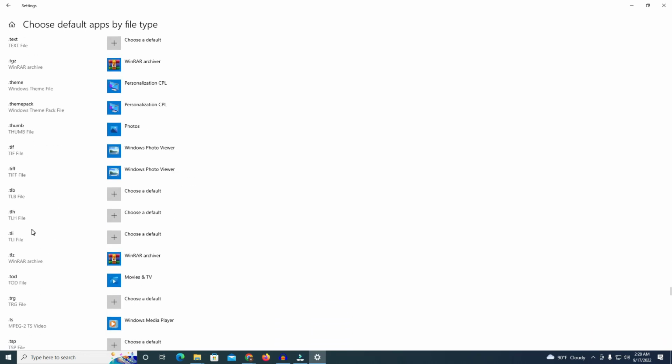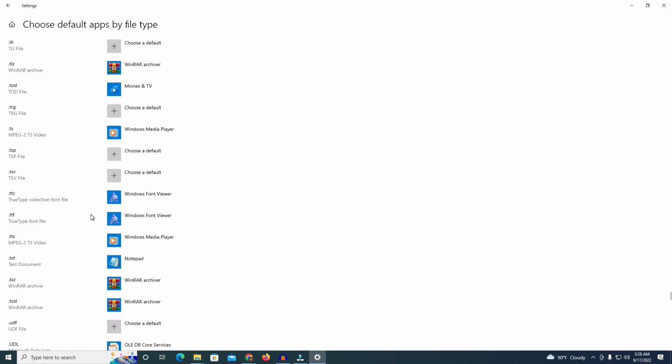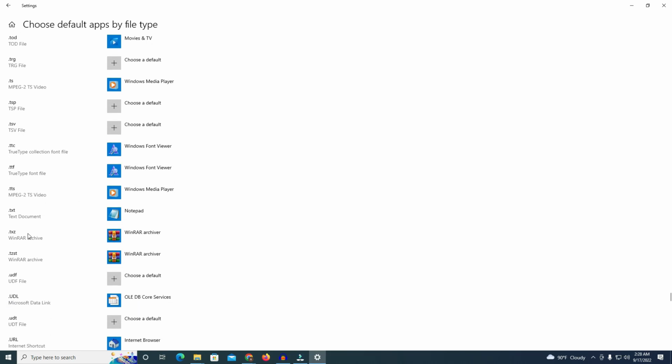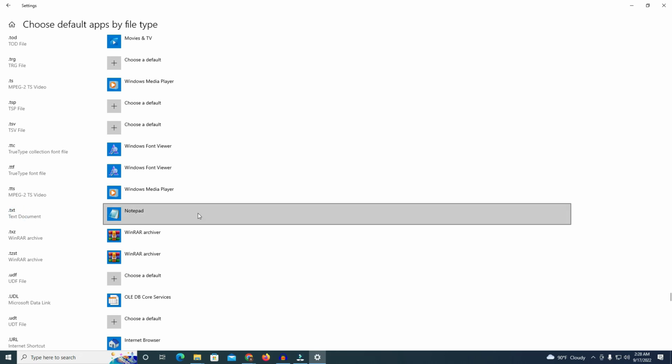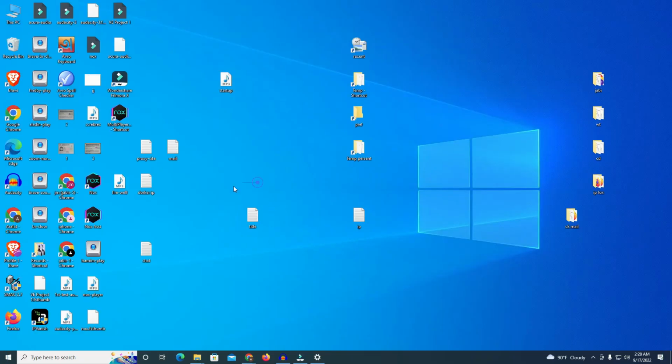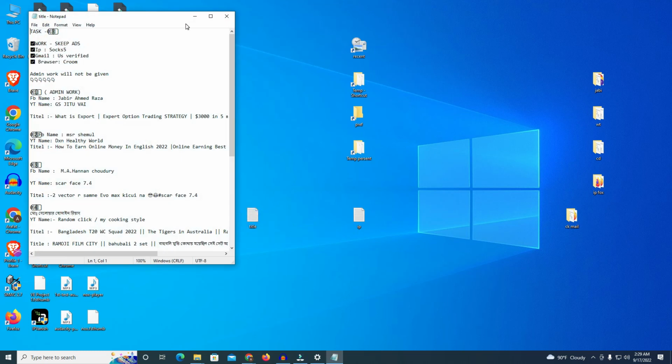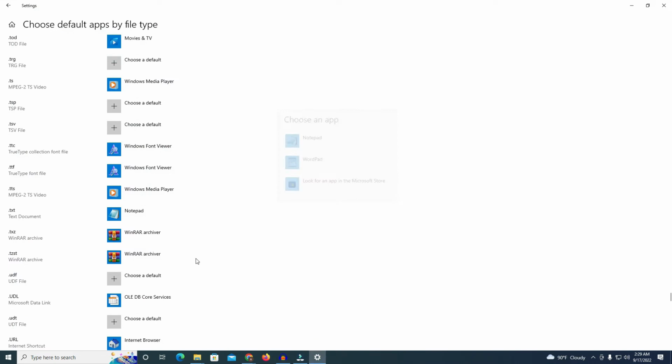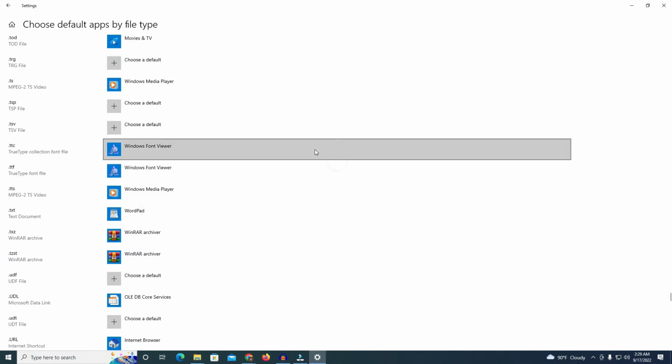I think it's the arrow down. The .txt file is on the font via txt. Okay, I found this .txt file. There are two types of apps, Notepad and Wordpad. If you select the Wordpad, at first I have marked this title, this is the open with Notepad. Okay, I'm just selecting the Notepad, and if I change the .txt file with Wordpad, you see